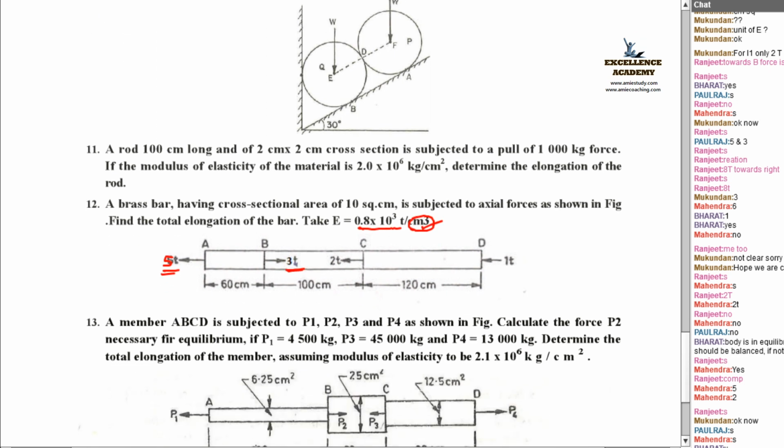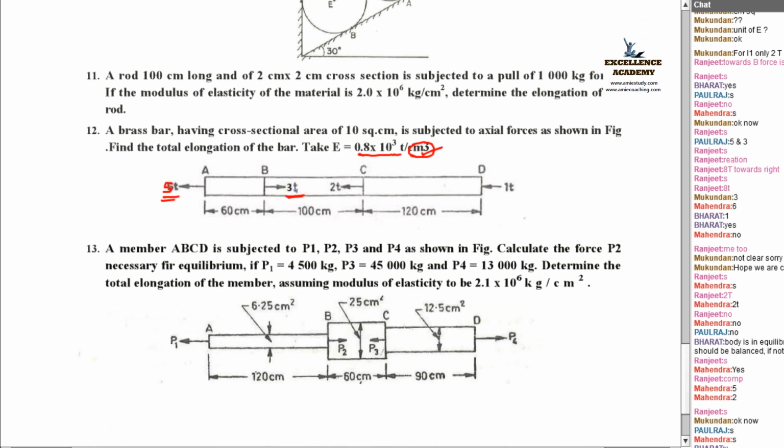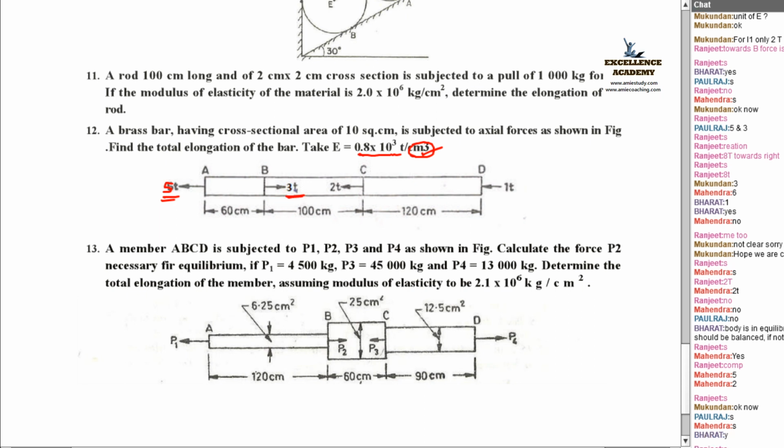Now, one more problem is also there, that of varying cross section. So I will not explain it to you. You please try it at home. Agreed? Only thing is you have to draw the free body diagram that we discussed right now, and then you have to find out. But here one more thing is also there inside the bracket: A1, A2, A3 will come.